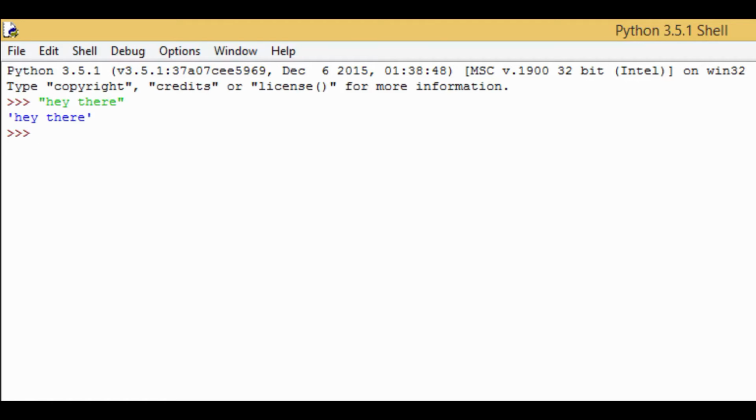For example, if you have a string which says "he is a good person" with an apostrophe inside, what this means for a Python compiler is that this is the start of the string and this is the end of the string. And then it doesn't understand what the last quote is. So you need to specify to the compiler that this whole bunch of letters is one sentence